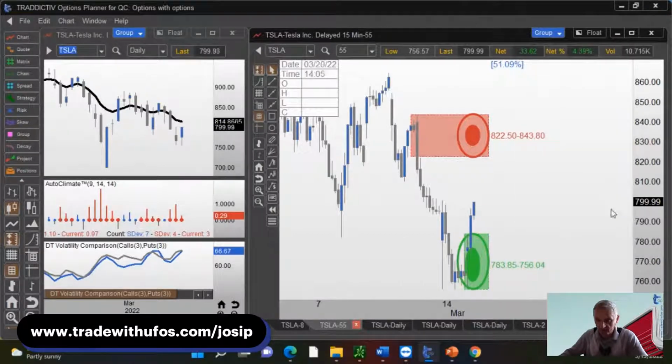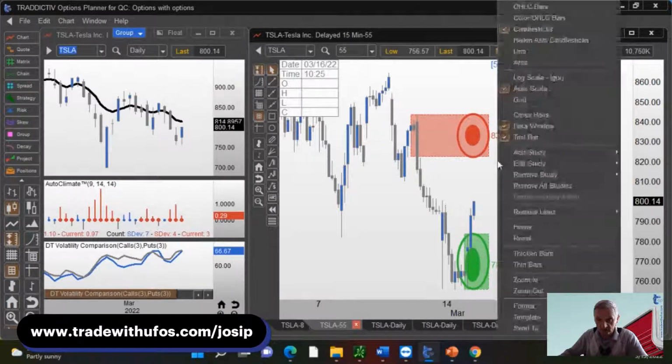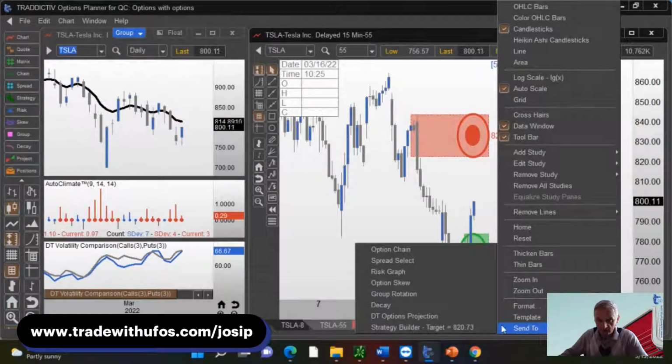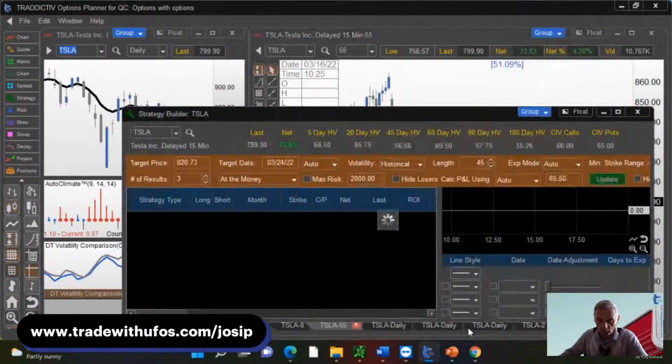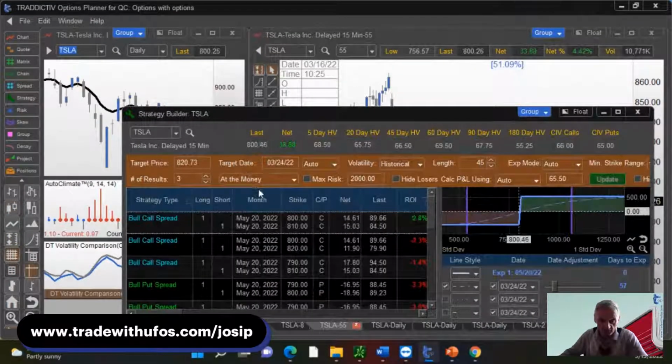So one more time, what am I doing here? I'm looking here at the 820, which is just before the zone. So if Tesla is going to rally, most likely it's going to come to 820 and then turn around. So right now I single right click, I go over here, and I click. What is going to happen? They're going to give me a time frame. And it's the same time frame that I got before, which is what? March 25th. So I'm going to be doing the March 25th.